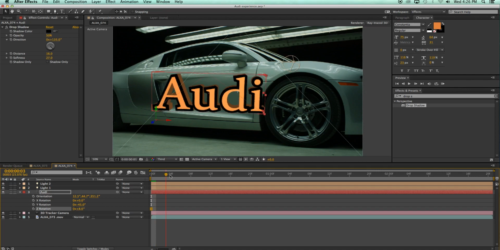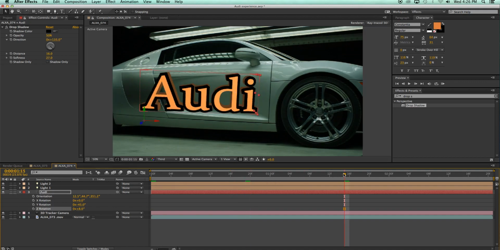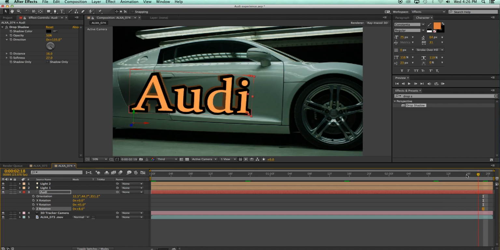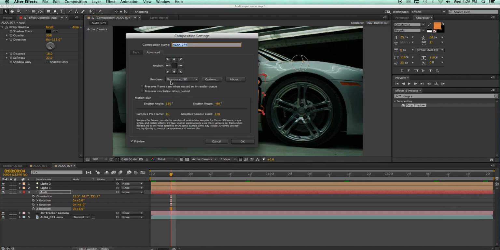Now when I move in time, I can see that the relationship of my object and my car is still maintained by the camera tracker. So this was just to show the potential of the ray tracer, but I will go back to my classic